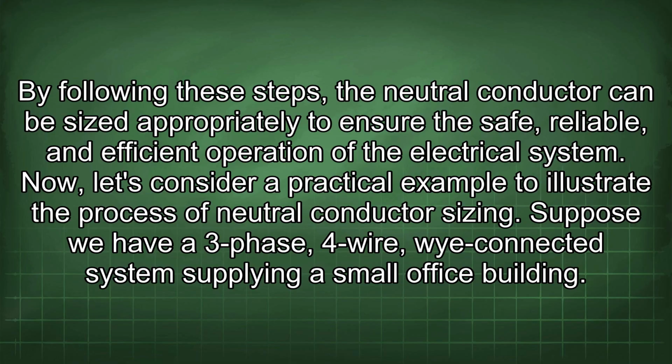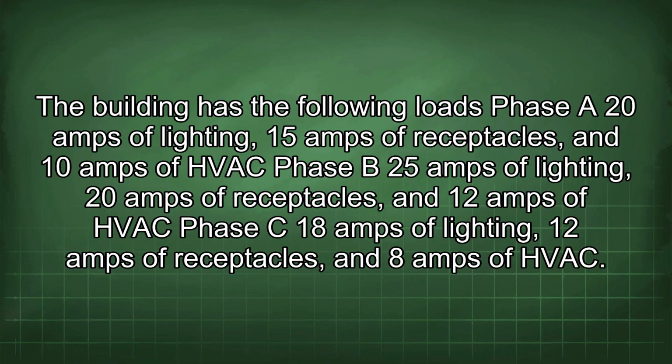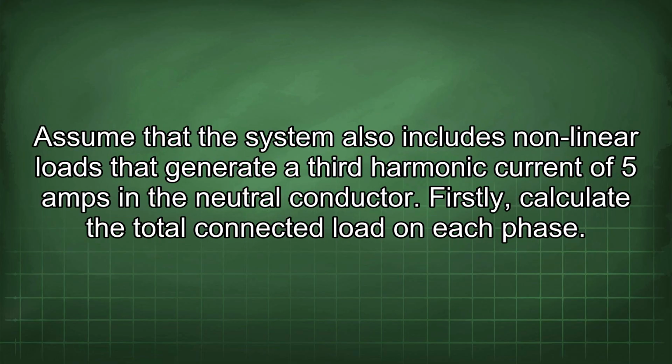the electrical system. Now, let's consider a practical example to illustrate the process of neutral conductor sizing. Suppose we have a 3-phase, 4-wire, wye-connected system supplying a small office building. The building has the following loads: phase A 20 amps of lighting, 15 amps of receptacles, and 10 amps of HVAC. Phase B 25 amps of lighting, 20 amps of receptacles, and 12 amps of HVAC. Phase C 18 amps of lighting, 12 amps of receptacles, and 8 amps of HVAC. Assume that the system also includes nonlinear loads that generate the third harmonic current of 5 amps in the neutral